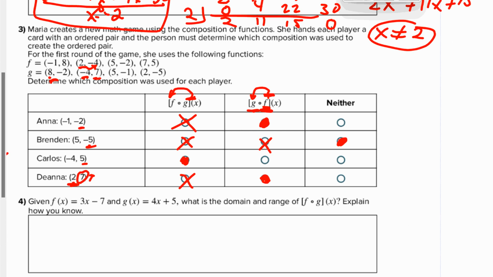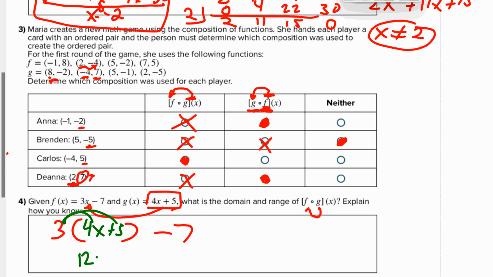All right, next one, what is the domain and range of f of g of x? So inside out, g into f. So I'm going to take g, substitution into this x. So instead of 3 times x, it's 3 times something. Then I subtract 7. Well, that something is this equation, 4x plus 5. 4x plus 5. And now I just simplify. I get 12x plus 15, and then minus 7 is